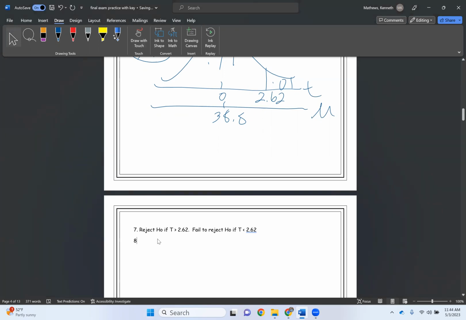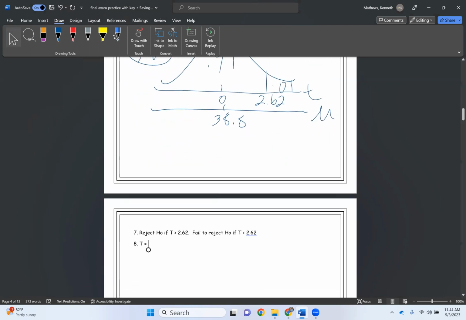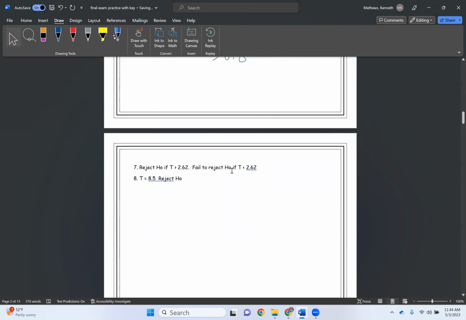Our t value is equal to 8.5. So what's our decision? To reject the null hypothesis. And what does that mean in terms of the alternative? The alternative hypothesis is that the mean speed for those 15 greyhounds is greater than 38.8 or more than Sparky's. So step 9,